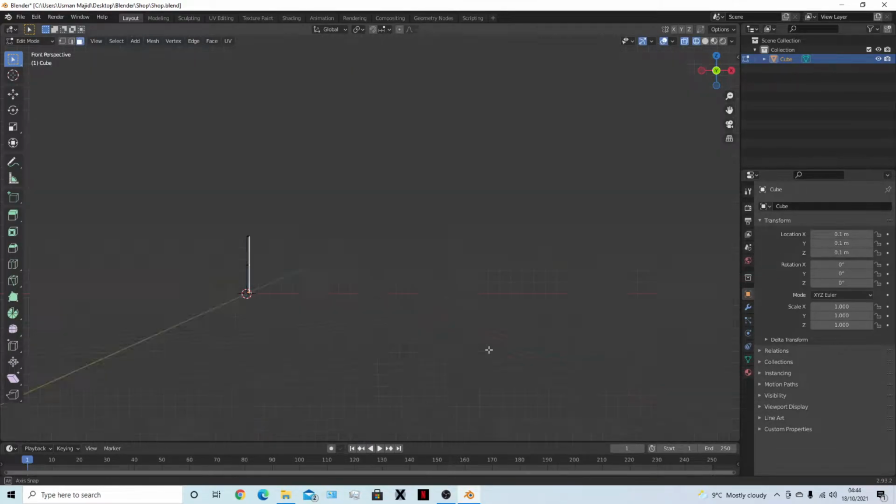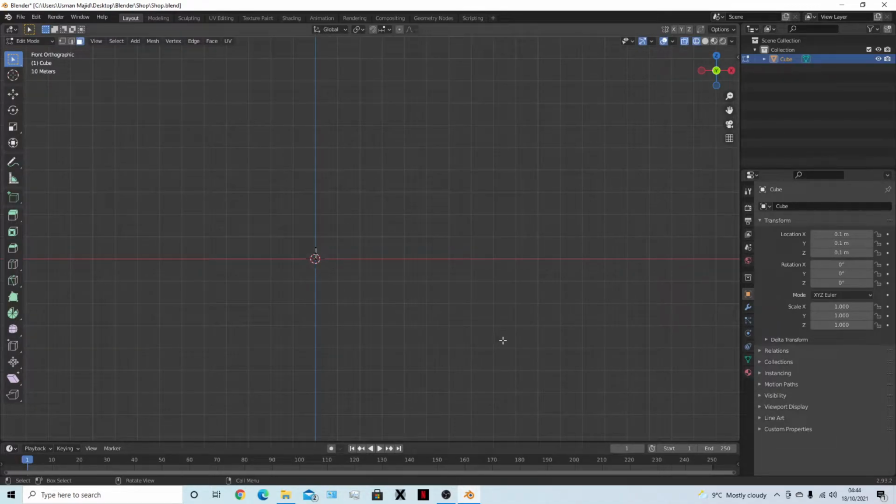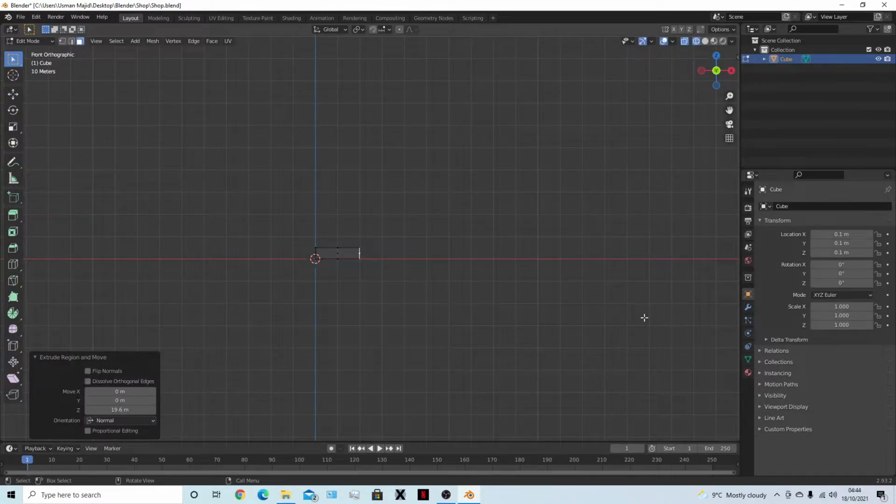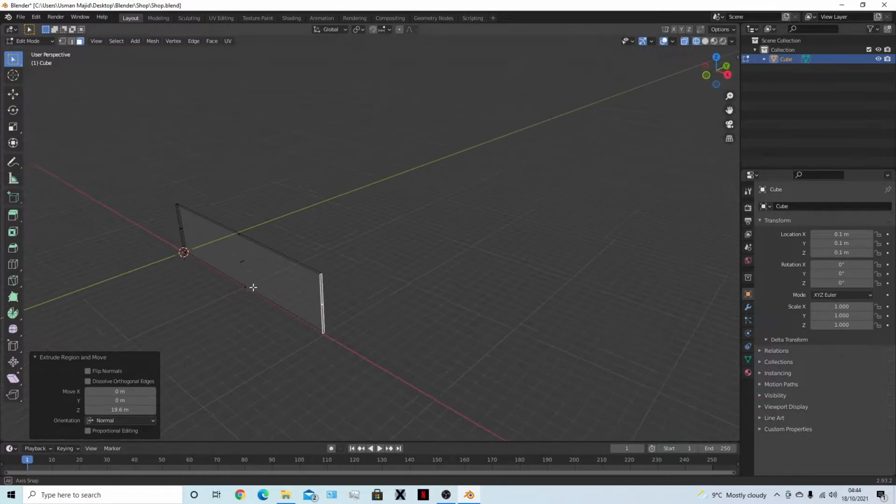So yeah, press E. Let's see. 1, 2, 3, 4. So when the number is about 19.8, that's when I'm gonna stop. Press E. 19.8, 19.6, because the pillar is gonna be on the other side as well. So this is about 13, 14, 15, 16, 17, 18. Oh, let's just type in 19.6, I think. Yep, 19.6,